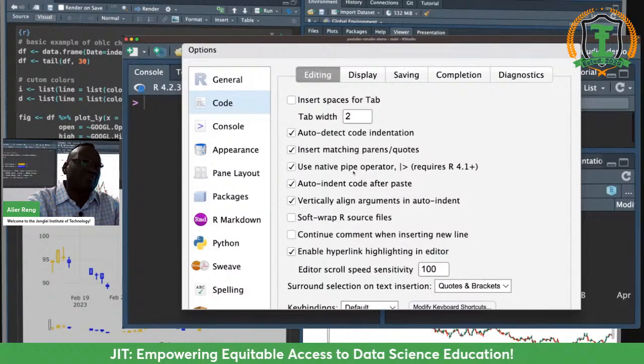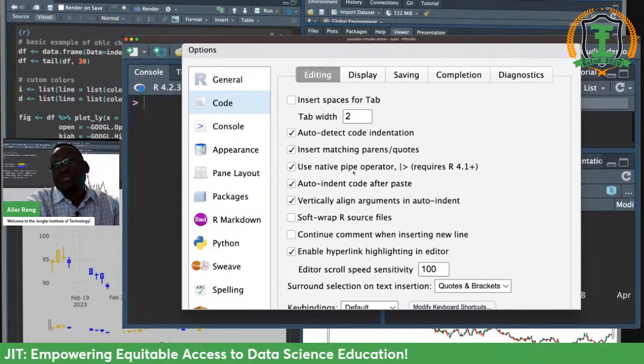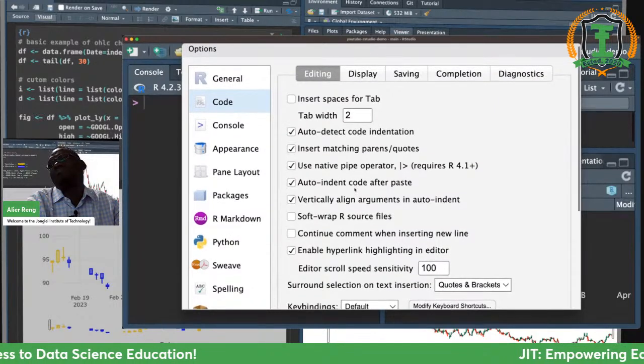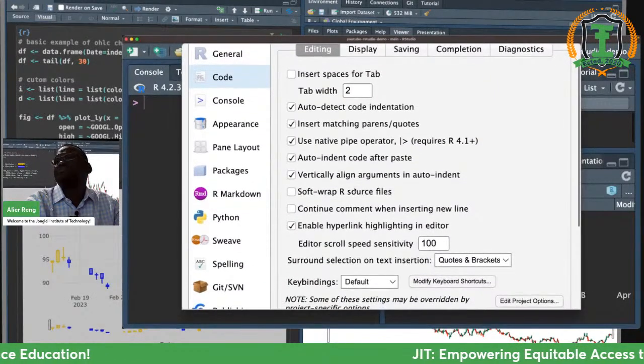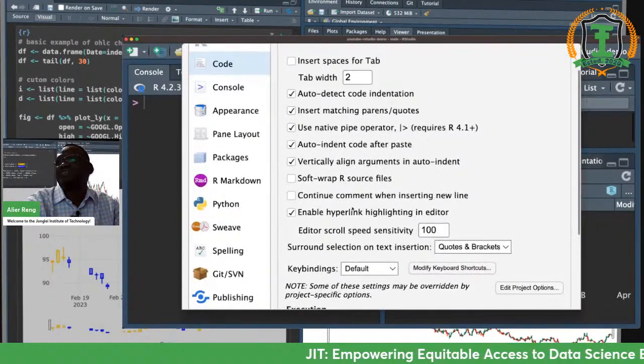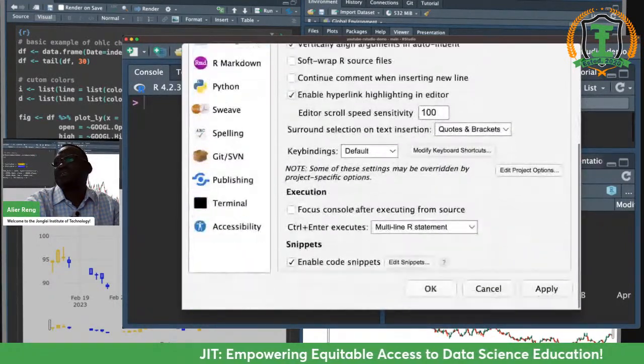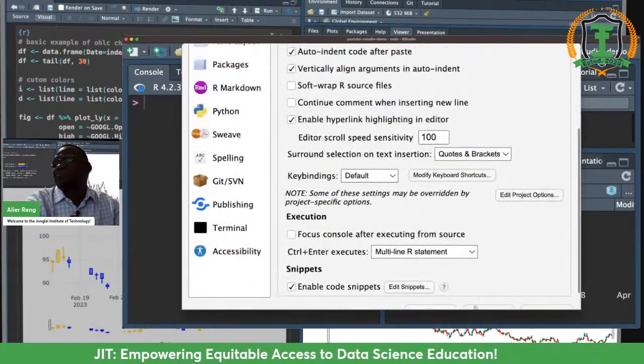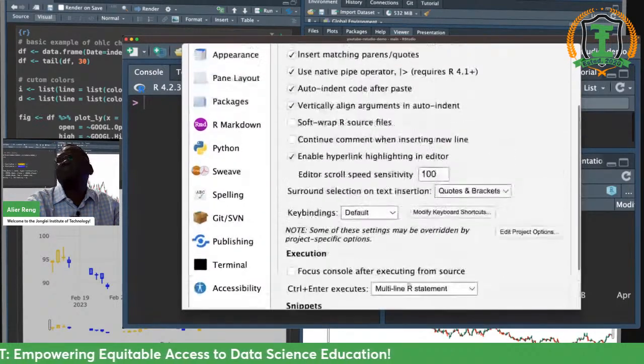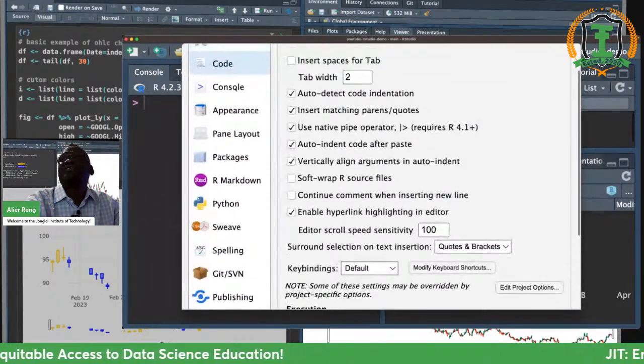That way you don't have to type the percent greater than percent that dplyr pipe. And then select some of these according to your need, and then click apply or click OK. And then the console,